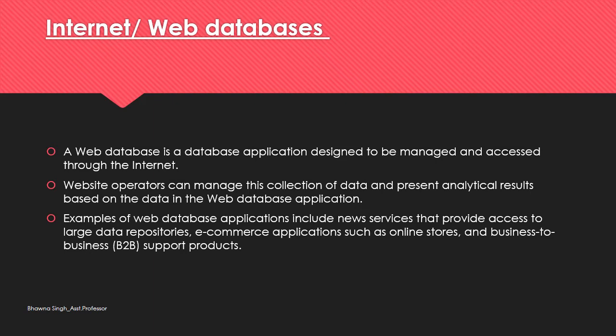Let's take an example when we do online shopping over the internet. We enter our names, our shipping address, our contact number, all the personal information, and when we do the online payment, we transfer our credit card numbers and all the monetary transactions. So all this information is stored somewhere. This is the web database in which all the information regarding the customer, the personal information and the transaction information is stored, and we can access it via the internet or any website.